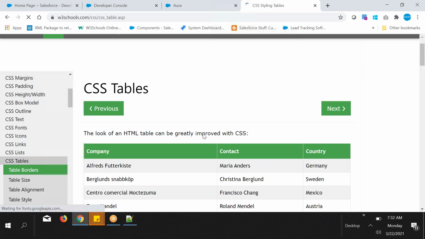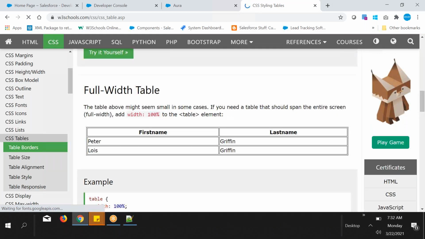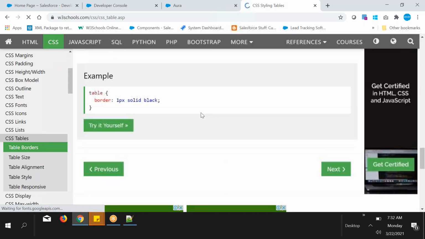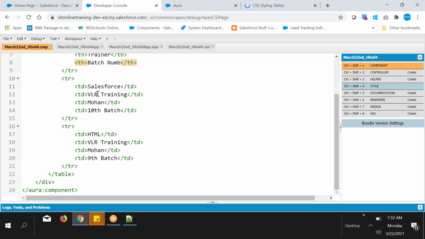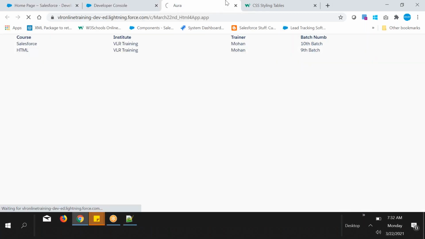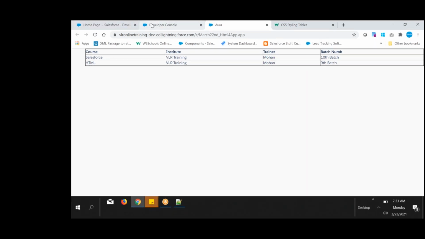Okay, cool. Okay, so table borders you can see. So go here and you can just play a game, guys, if you want, not a problem. And let me give the border simply as an attribute. For the table, the attribute border is equal to, give 1, 2, 3, 4, 5 like that. Okay, that's it, guys, and go and refresh the page. That's it. So the border is given automatically by the system.